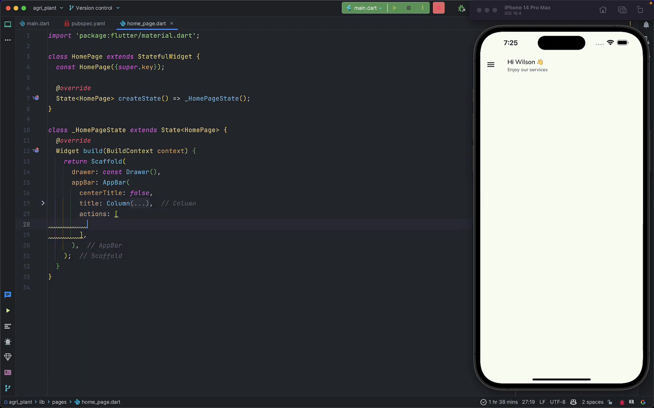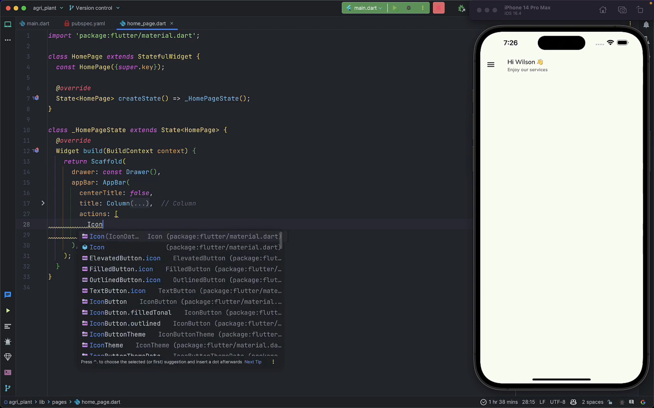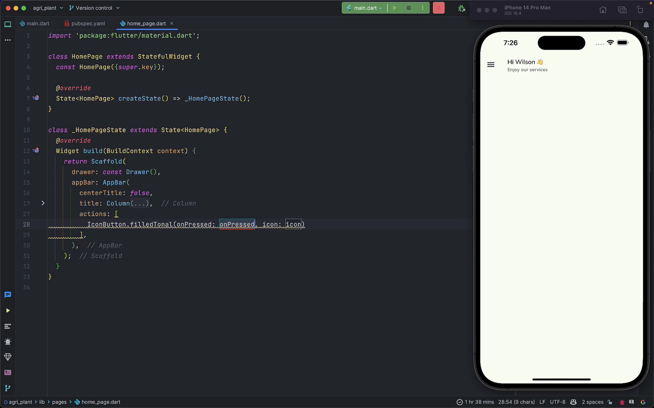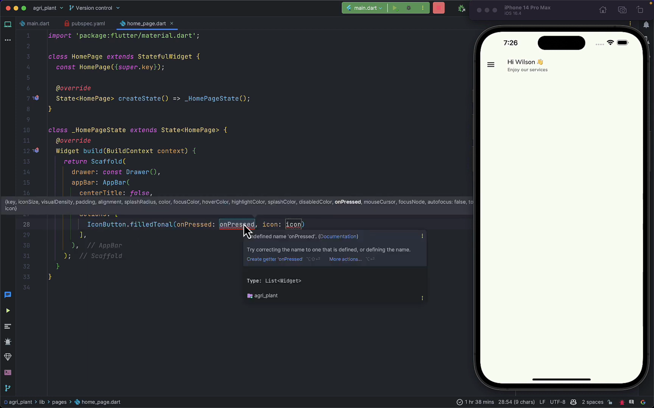Now the next is going to be our actions. So within the actions, we want to have our icon button that is going to show our bell icon. So IconButton, and with the release of Flutter 3.0, we have variants of the icon button, and I'm going for the filled tonal. So IconButton.filledTonal is a variant of the icon button that has a background color,